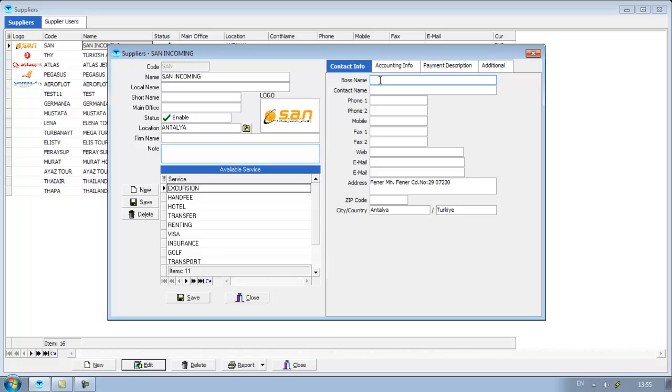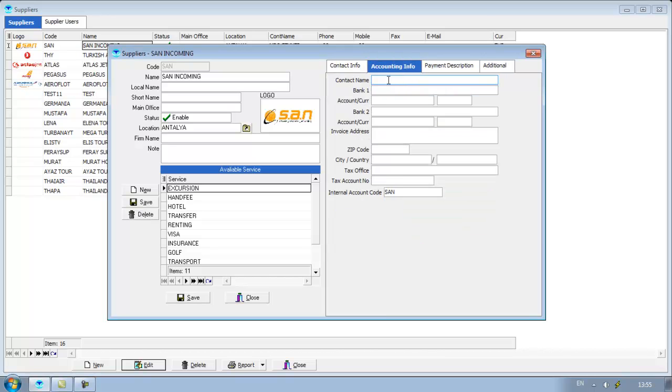So I can give here some contact name, for example, for this company, and contact name for that company. Also I can enter here maybe some phone numbers or maybe mobile phone numbers you can enter for the information. You can add address for that supplier. You can add accounting info